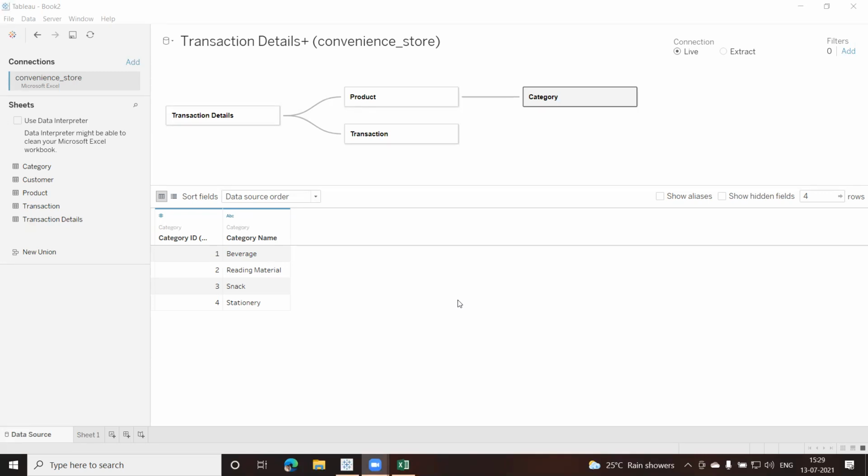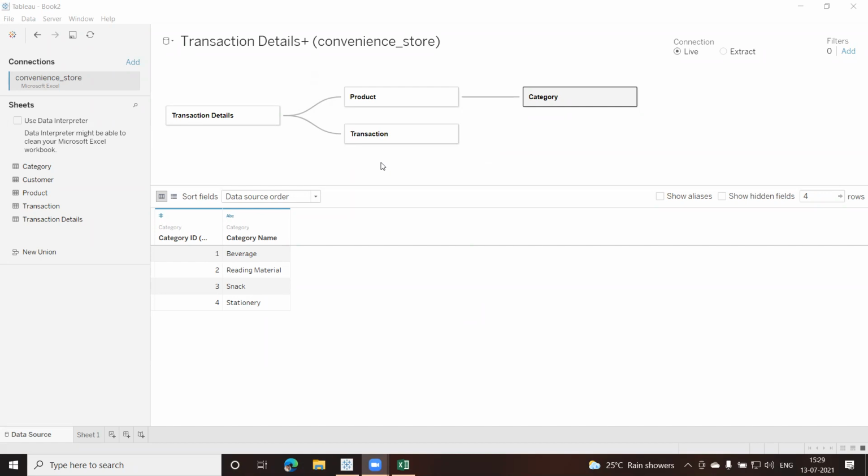I have to normalize my tables. There is a concept of normalization, which says that if you have two tables having a many to many relationship, like one transaction can have many products, and one product can be shown in many transactions, right? So let us say product number one, there are multiple consumers who are coming, and they might buy the same product with the same product ID.